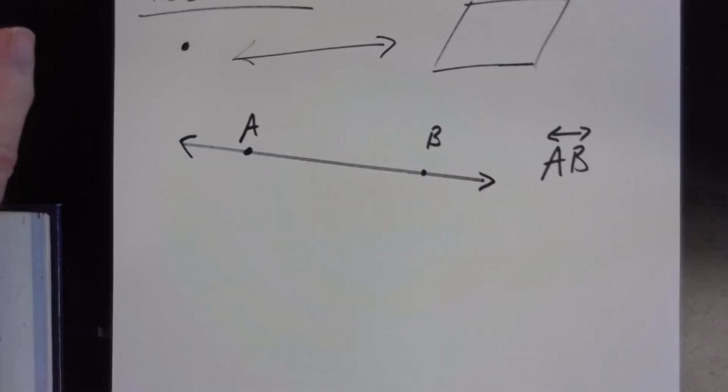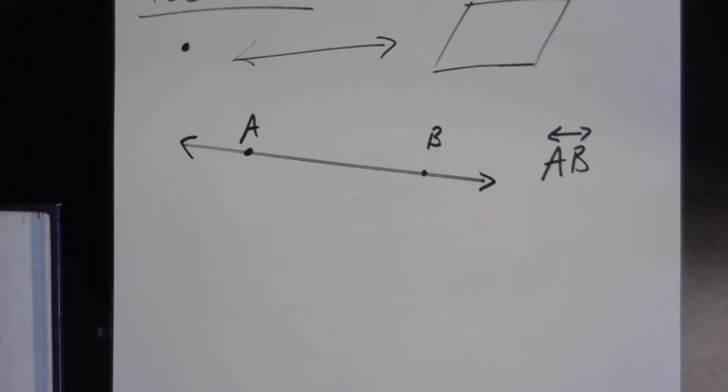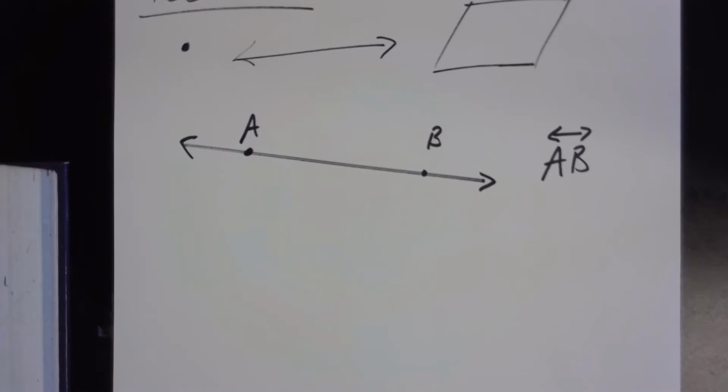I want you to think about that for a minute. How many points do you think are on this line? At least 2. Now I know you all said infinitely many, and I get you to say that a lot, right? But aren't there at least 2? And if they're not at least 2, is it even a line? No. So I know that's a weird way to think about a line, that it contains at least 2 points, but that's the truth. That's what it contains.